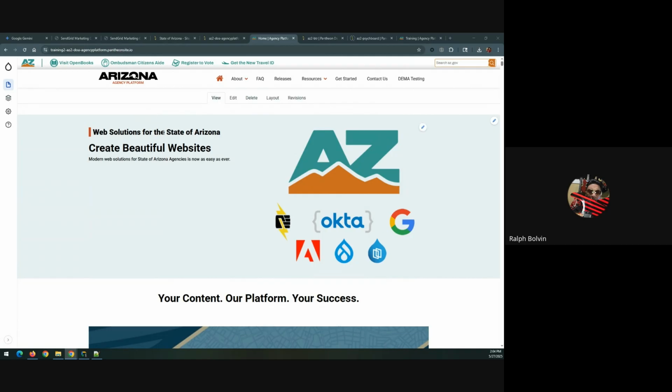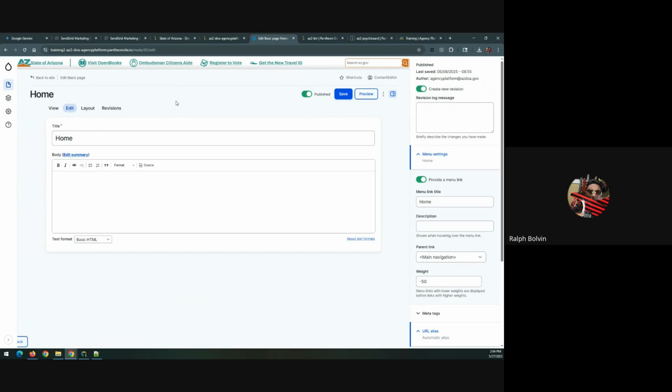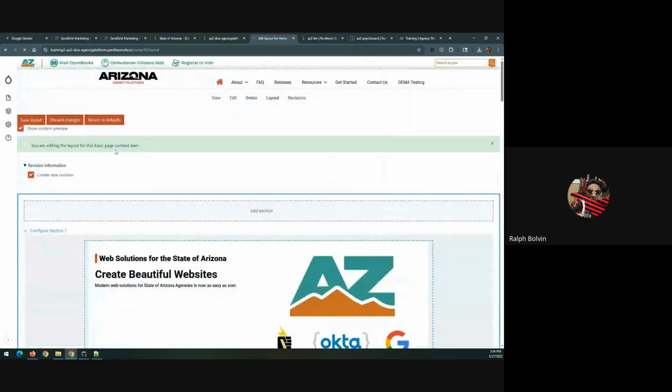So I am logged in as a content editor, and across the top we'll see view, edit, delete, layout, and revisions. If we click edit, we can go in and see what's actually on this page or this node. It's technically called a node. If you refer to it as a page, that's fine. We'll understand what you're talking about. On this page, there is actually nothing here. There's no content in the edit,